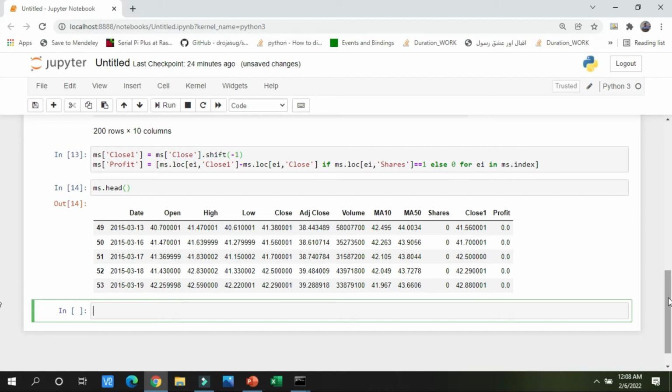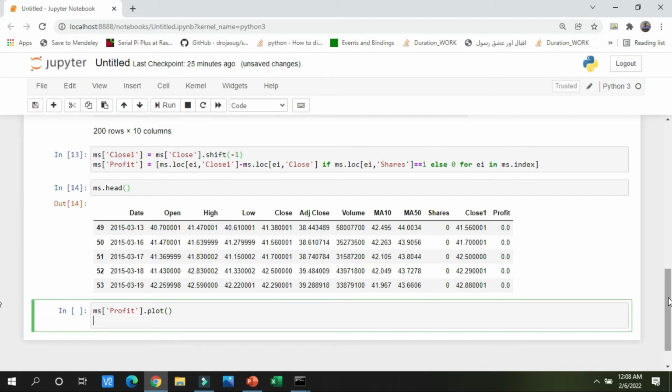means the shares column consists of a value of 1. Now we will do a very interesting thing. I will plot the column of profit. So we will see on which days, if we have bought and held the stock, or alternatively if we go long on the stock, we have made profit. So I am writing simply ms.profit.plot, and I want to see it with a middle line, and if we are making money, the blue line is going upward, and if I am losing money, the blue line is going downward, so I can get the proper idea.